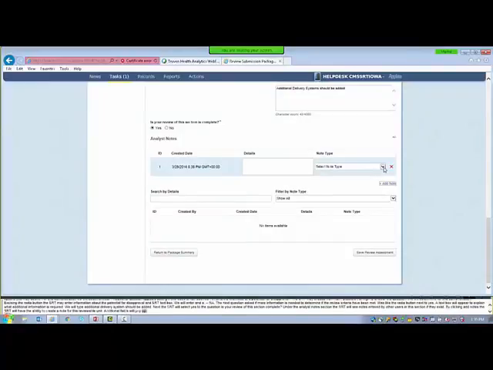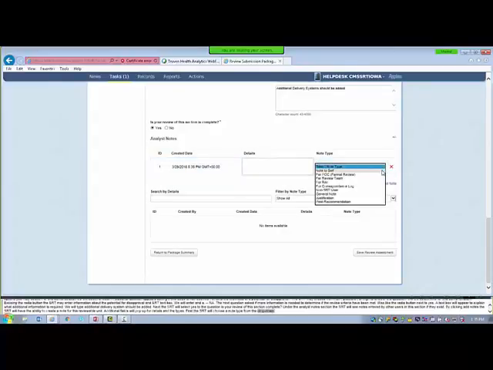First, the SRT will choose a note type from the drop-down box. There are several types to choose from. The first is Note to Self. This is a private note for the individual's eyes only. Either a submission review team member or the CPOC may select this type of note. It is only viewable by the author and does not get displayed anywhere else or to anyone else.